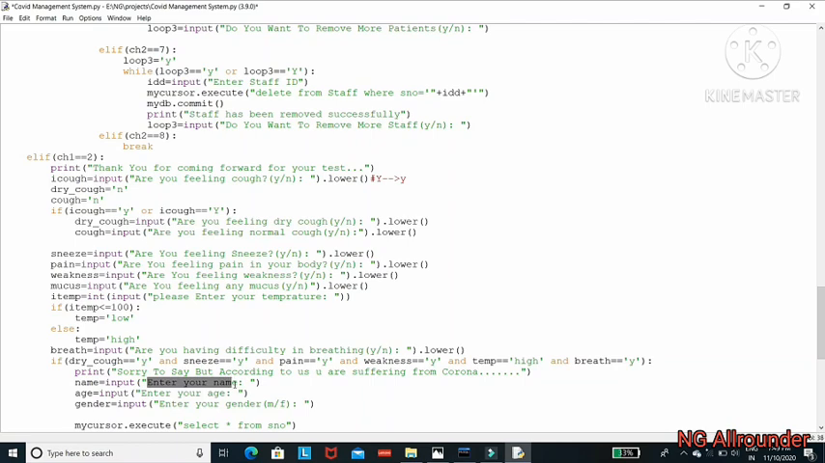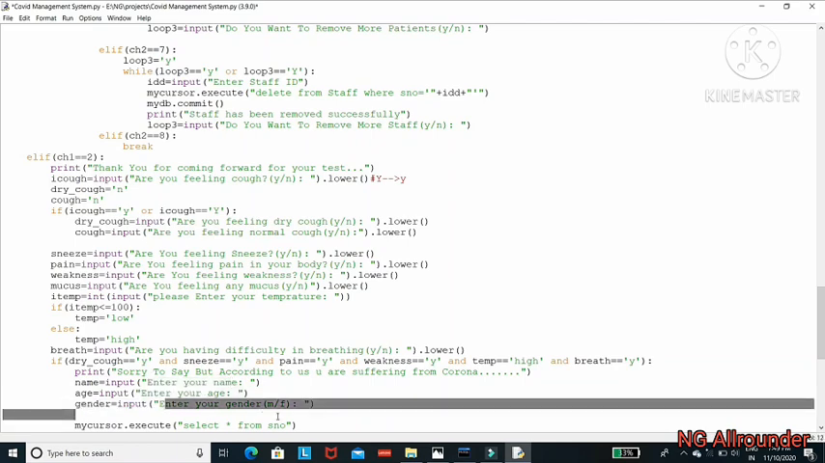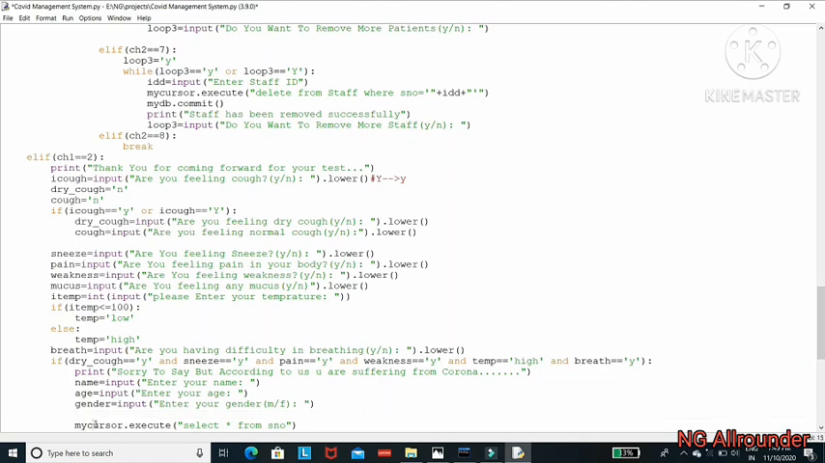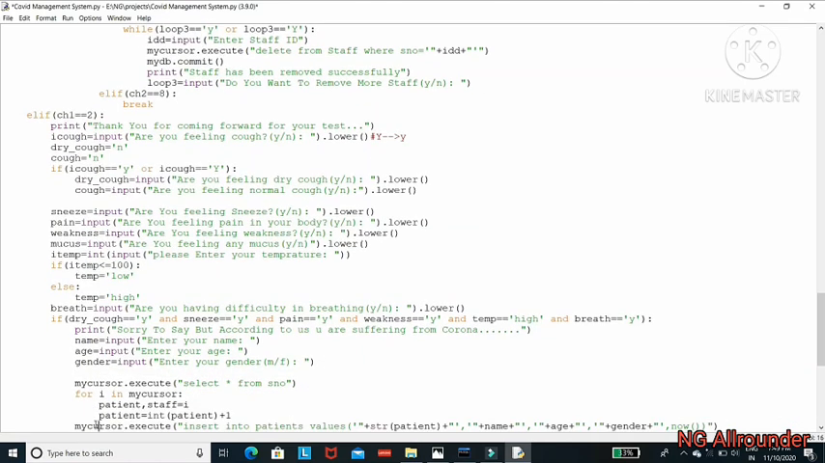We ask for his name: enter your name, enter your age, enter your gender, M or F. Then next, simply my cursor.execute. As I already told you, my cursor.execute, select asterisk from SNO. You already know what SNO is: serial numbers, which contains serial numbers for